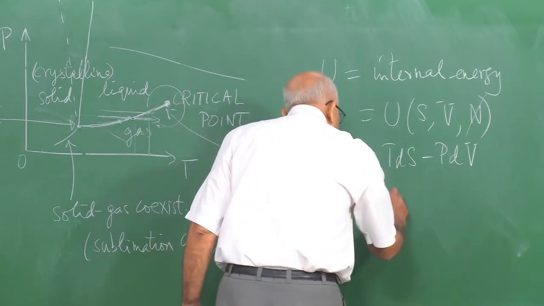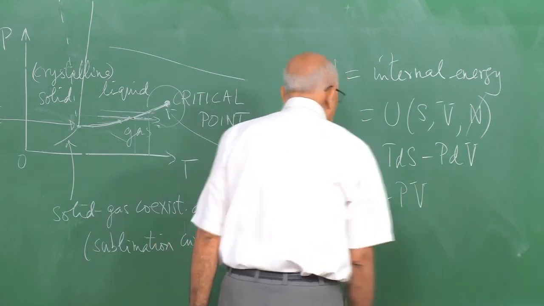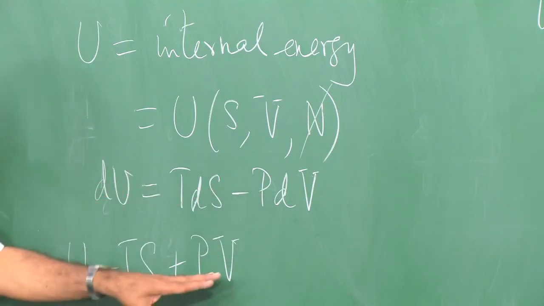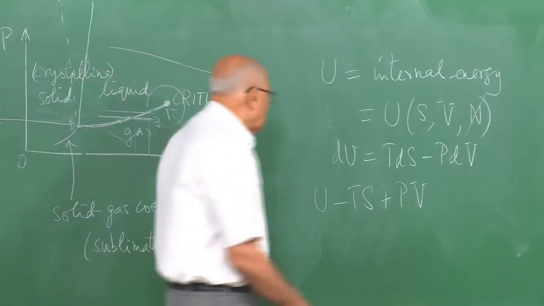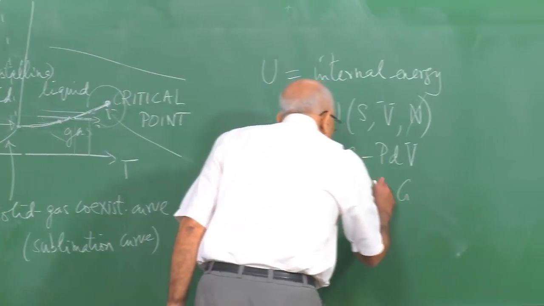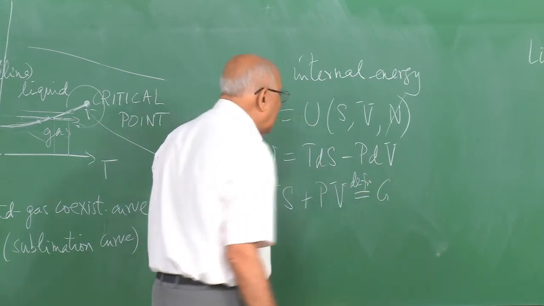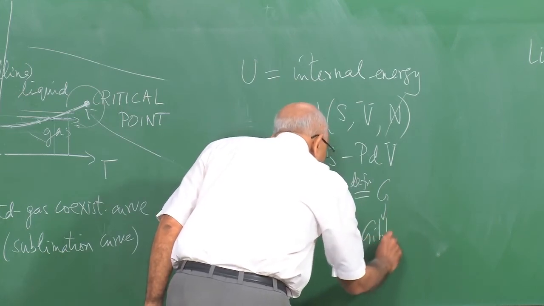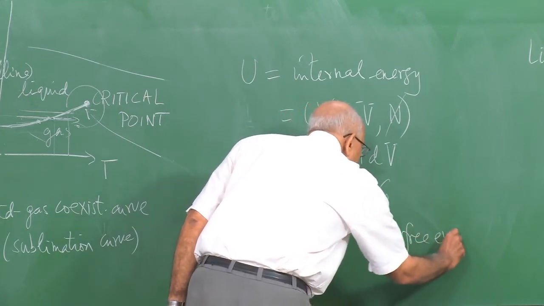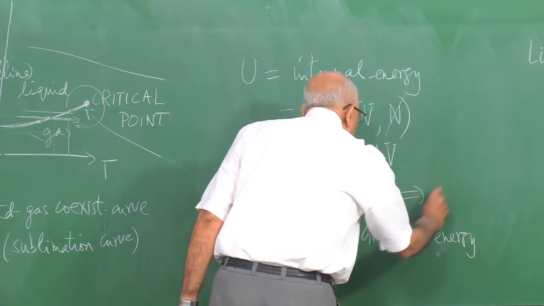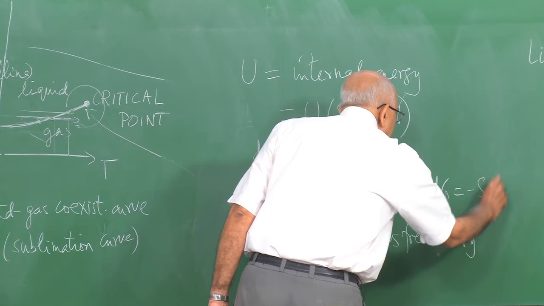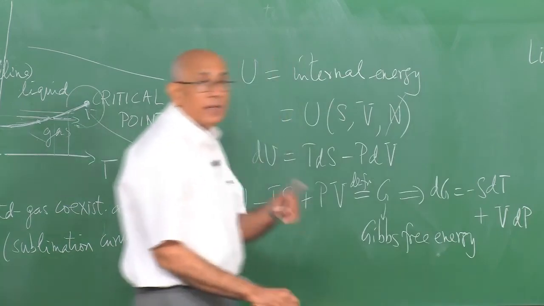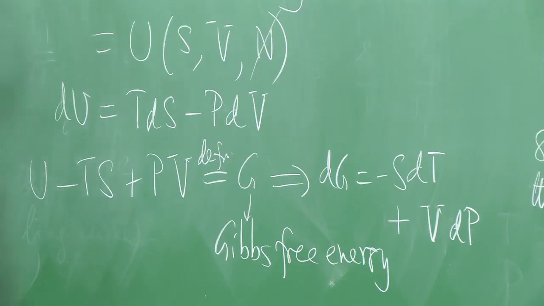And similarly, to kill this I need to add a PV here, then this PdV gets cancelled out and is replaced by plus VdP. So if I call this G, it is the definition of an energy called G, the Gibbs free energy,